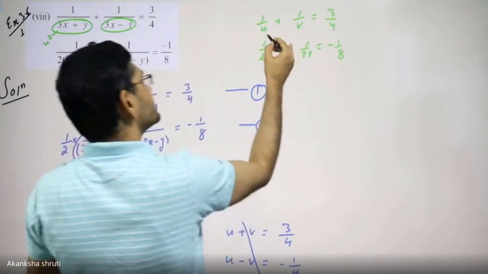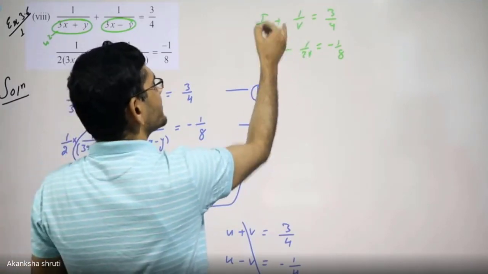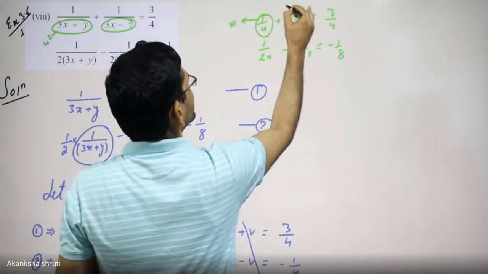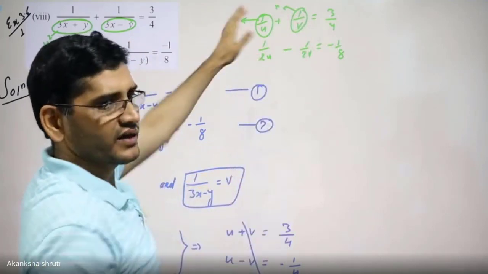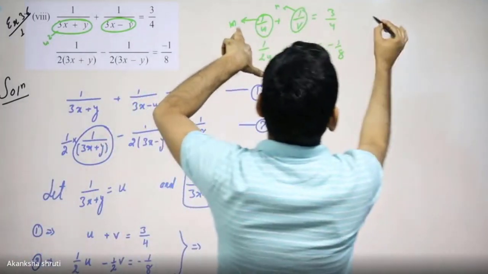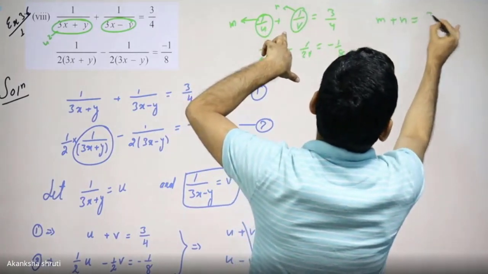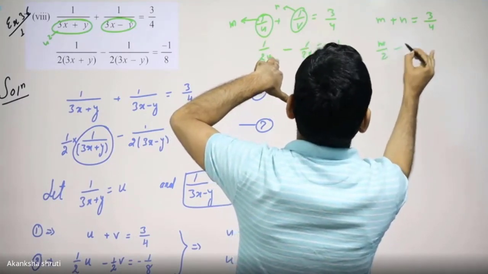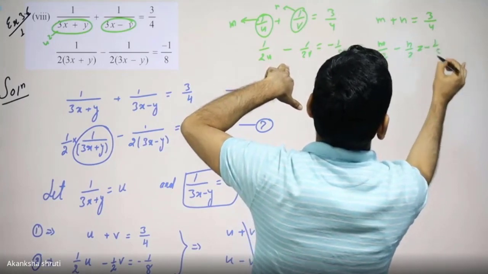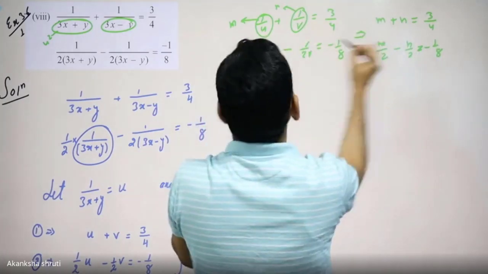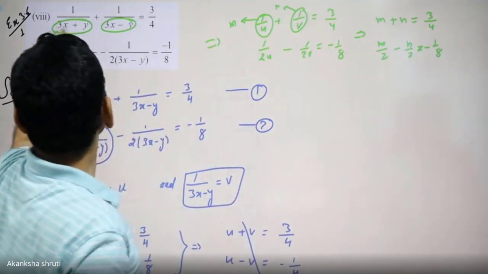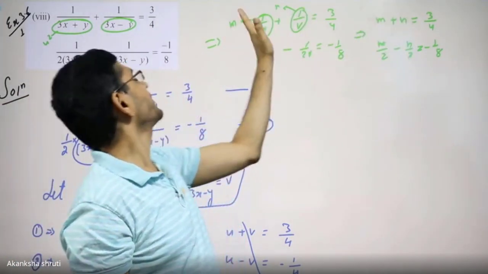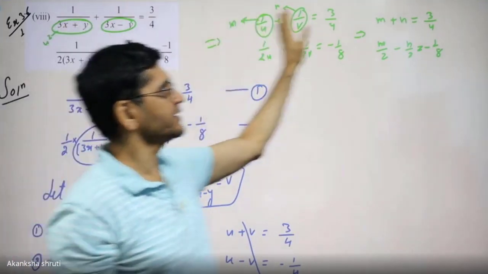अब आप ये u, अभी देखिए u and v are in denominator, तो आप फिर से क्या इसे m मानेंगे एंड इसे आप n मानेंगे क्या? तो अभी आप देखिए आपको दो बार करना पड़ेगा. हाँ, मींस if you are assuming this one, then it become m plus n is equals to 3 by 4, and this is going to give us m by 2 minus n by 2 is equals to minus 1 by 8. ये ऐसा देने वाला है. अभी ये लीनियर बन गया, बट आपने यहाँ पे दो एजम्पशन किए. एक तो ये 3x plus y is equals to आपने u माने, तो u में फिर यहाँ से आप m निकालेंगे, फिर आप u निकालेंगे, फिर आप xy में जाएंगे, तो ये अननेसेसरी लेंदी हो जाएगा.